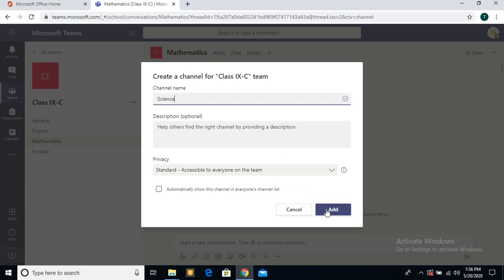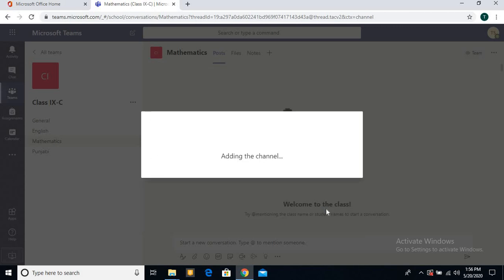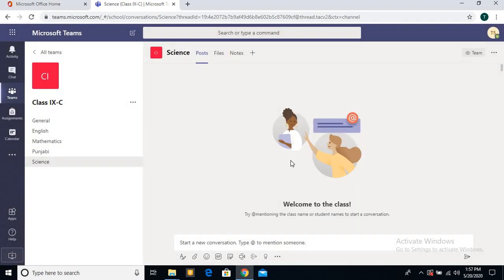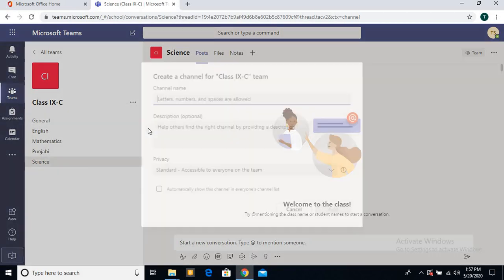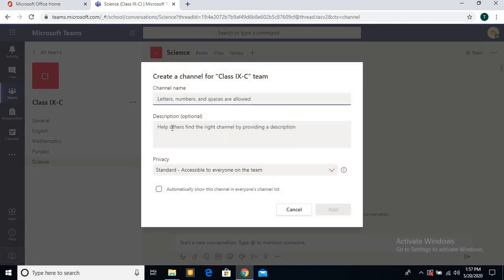It is also accessible to everyone, so add. Then we have add channel, then social science, then add.